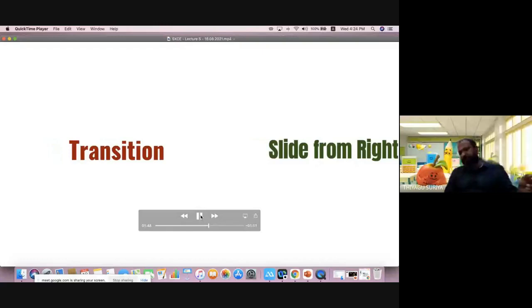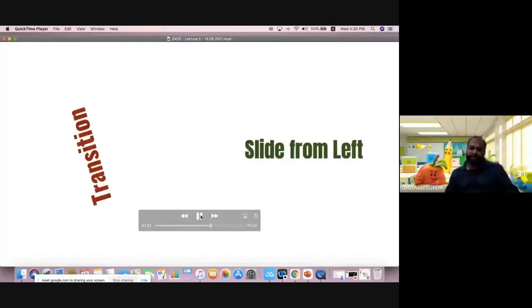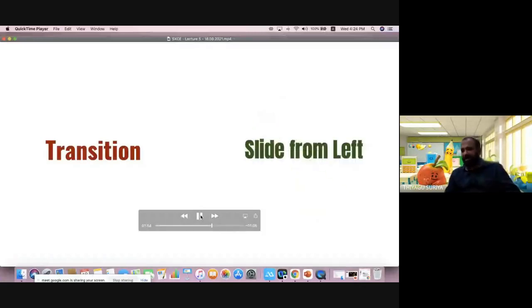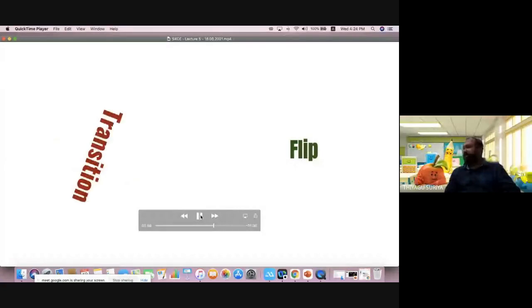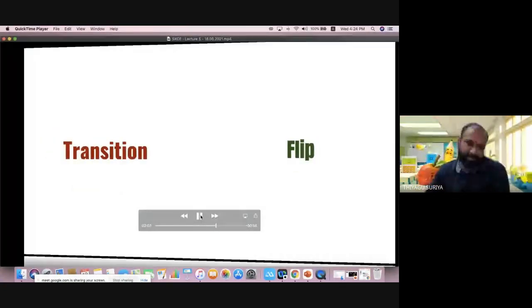The transition which I used previously merges here automatically. Therefore, there is no need to do the animation once again. The same animation effect comes automatically, so you can use it as part of your presentations.